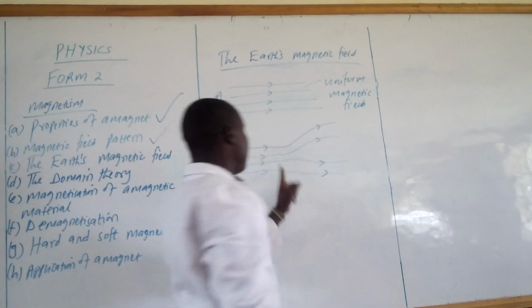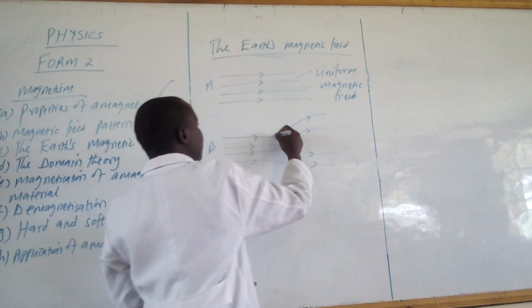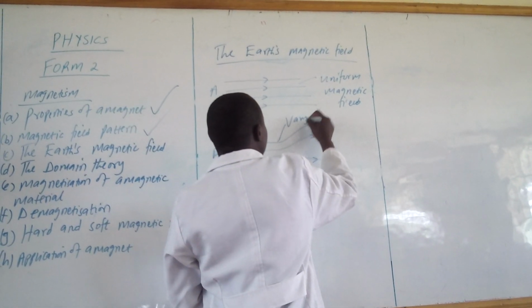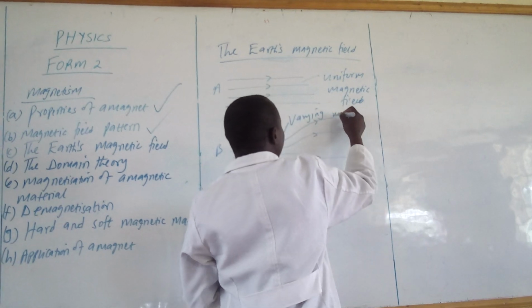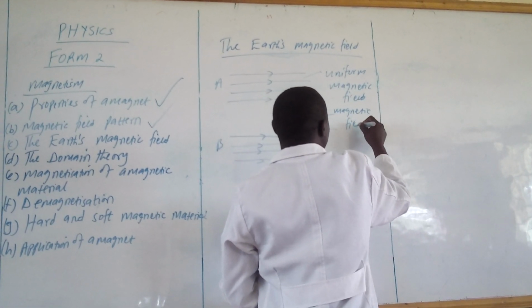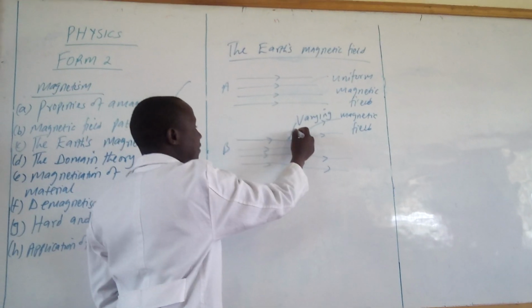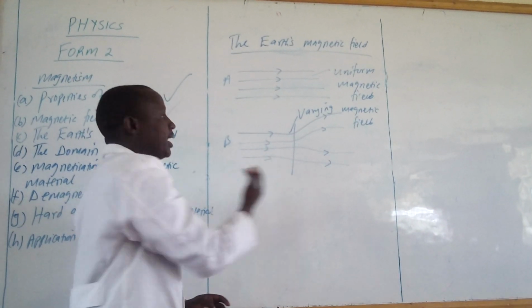What of the one for B? This one is a pairing magnetic field. They are pairing. And you see that in the first one here, this way here, and the other one,